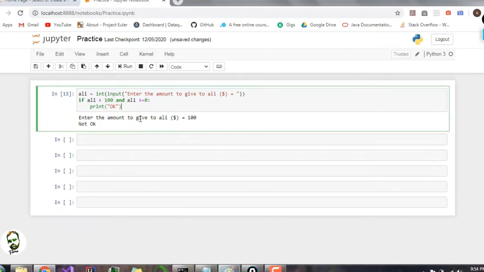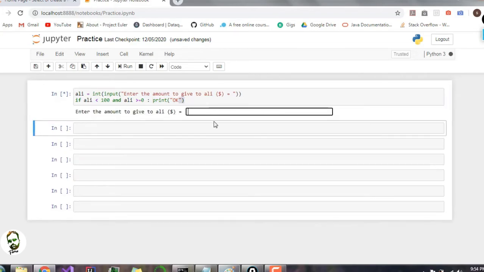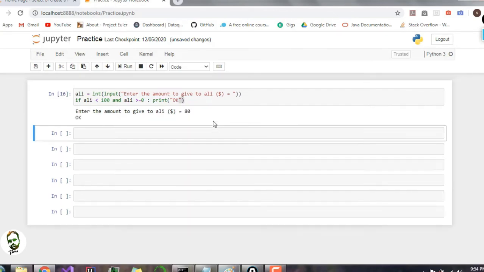As you can see this part, to make this shorthand, you just need to put the print over here. It will do the same thing, but this only works for one statement, so you cannot add multiple lines of code below this if. So I will run this and add 80, because that is within the given range, and you can see it prints okay.